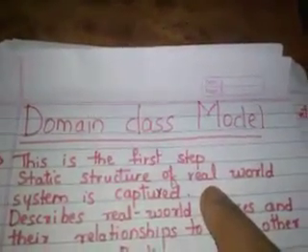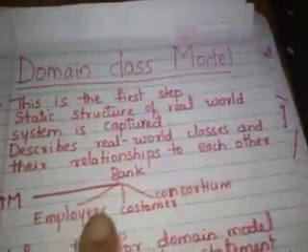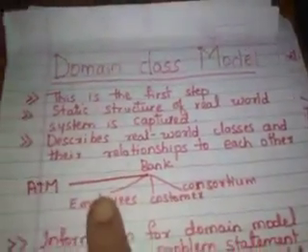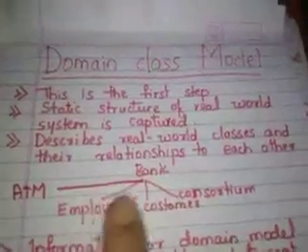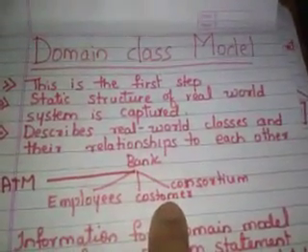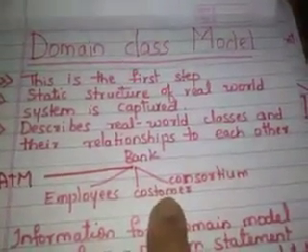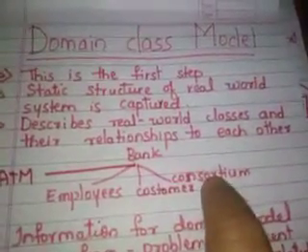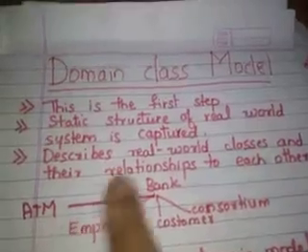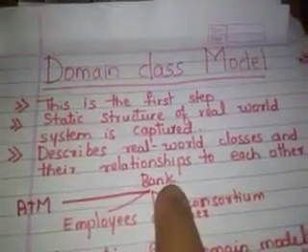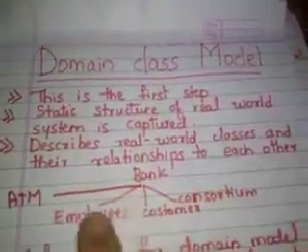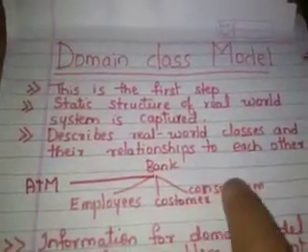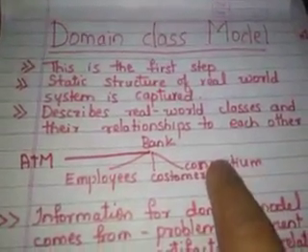Like if you go to a bank, we can see static figures live: the employees working, the customers coming into the premises and doing their transactions, right? We have the association of different banks, and different ATM machines working under a particular bank. So I can have the static structure showing that these all are present in the domain of banking.